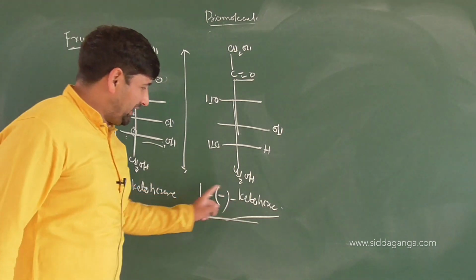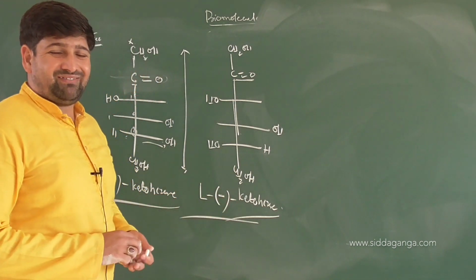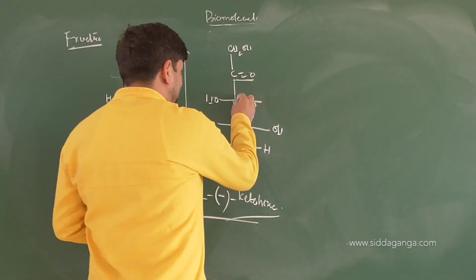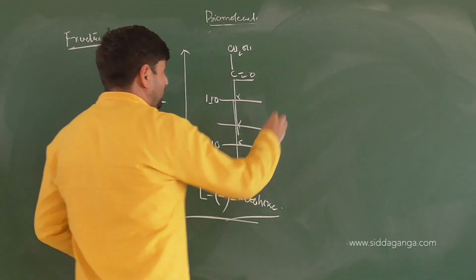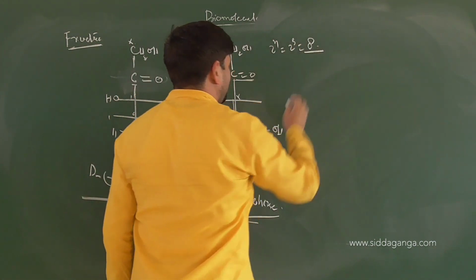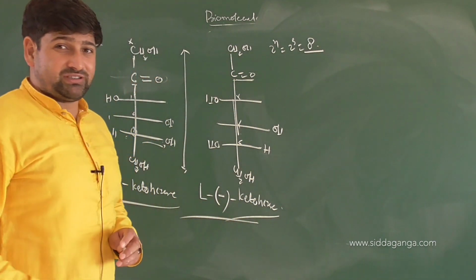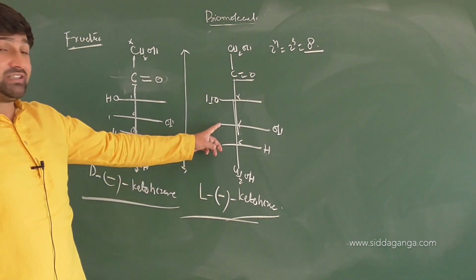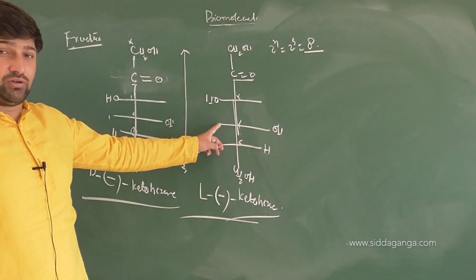So this is the basic formula and basic structure of which one? Fructose. And you can see that in fructose how many chiral centers are there? 1, 2, 3. Total number of stereoisomers will be 2 raised to the power n, 2 raised to the power 3, that is 8. So how many are available for glucose? 16. And how many are available for fructose? It's 8. So fructose is a functional isomer of glucose.